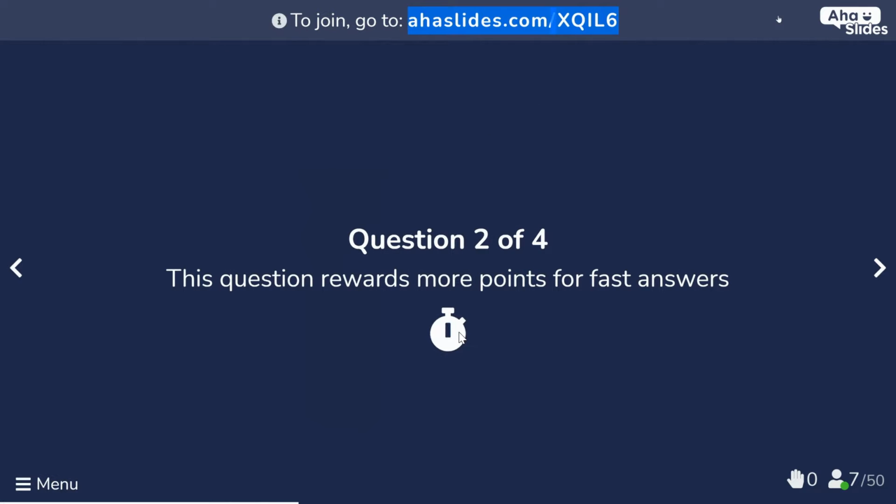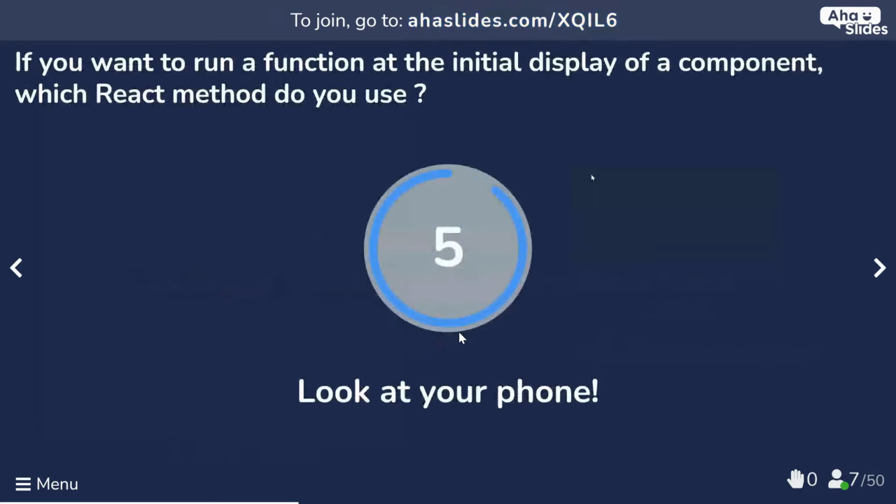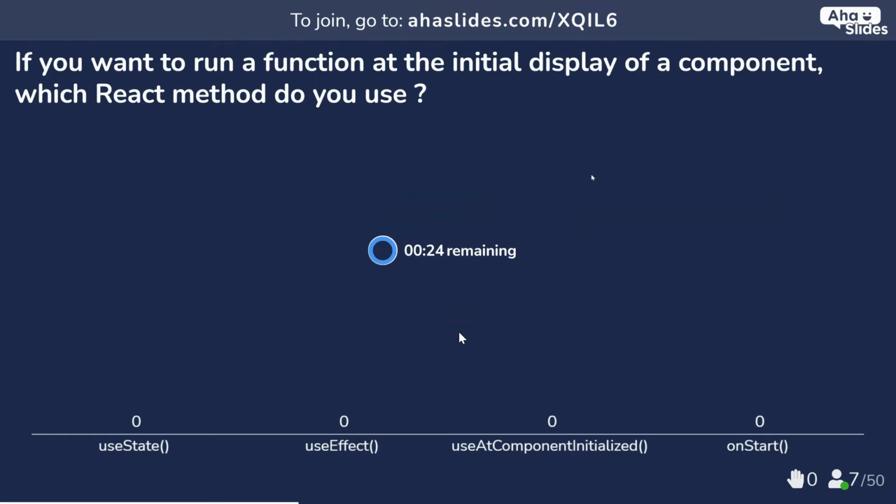Next one. If you want to run a function at the initial display of a component, which React method do you use? So whenever a component is just being rendered and you want something to happen when that appears on the user screen, where would you put your function, right? Is it useState, useEffect, useComponentInitialized, onStart?